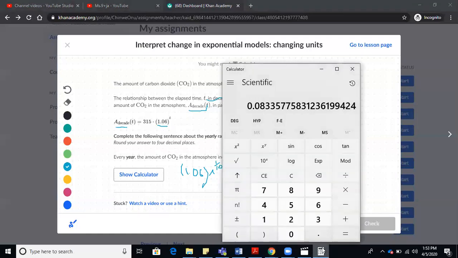So in my calculator, I'm going to put 1.06, and I'm going to click here, x to the y, raise it to the 1/10. So I'm going to put parentheses, 1 divided by 10, close parentheses, 0.1. So 1.06 raised to the 0.1, and that gives me